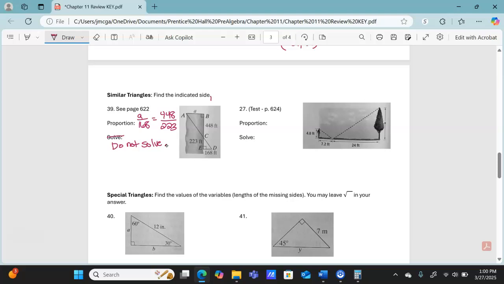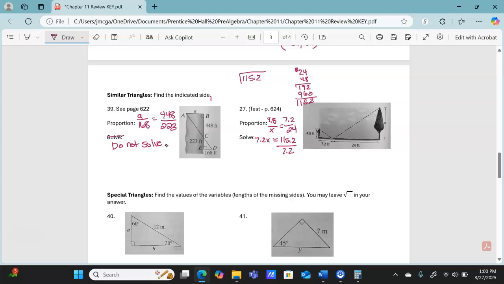On this one, my proportion would be the 4.8 is going with the x, because those two, and then the 7.2 is going with the 24. And so we're going to cross multiply. We would get 7.2x, and then 24 times 4.8. 32, carry the 3. 16 plus 3 is 19. 4 times 4 is 16, carry the 1. 8 plus 1 is 9. 15, carry the 1. And so I get 115.2, and I need to